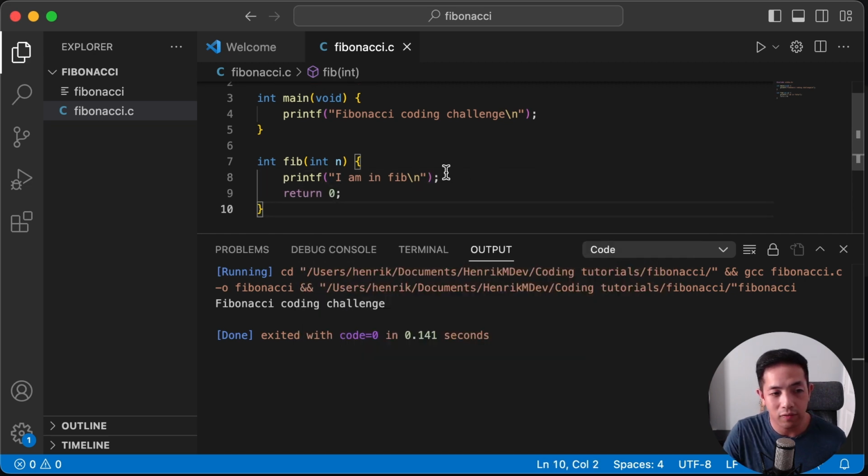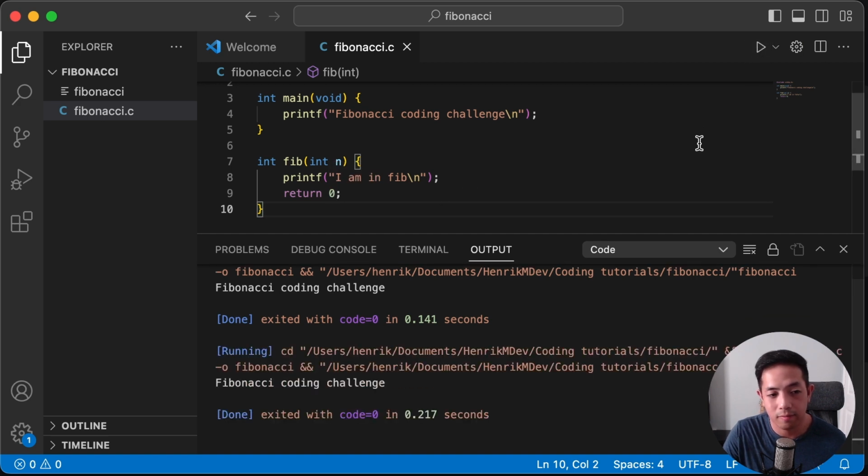Okay, so I just created a function that will print "I am in fib" and then return 0, because the return value of this function is an int, so we should return an int. So let's run this. Okay. All right. Now let's make a